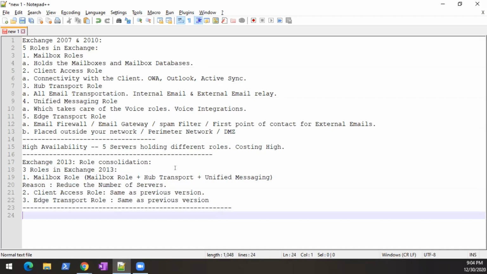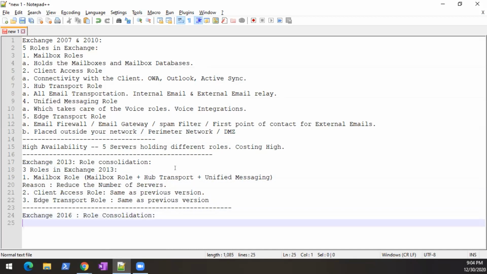Now, what happened in 2016? In Exchange 2016, further role consolidation happened. They merged the mailbox role and the client access role, which means the mailbox role is now also doing the job of the client access role.